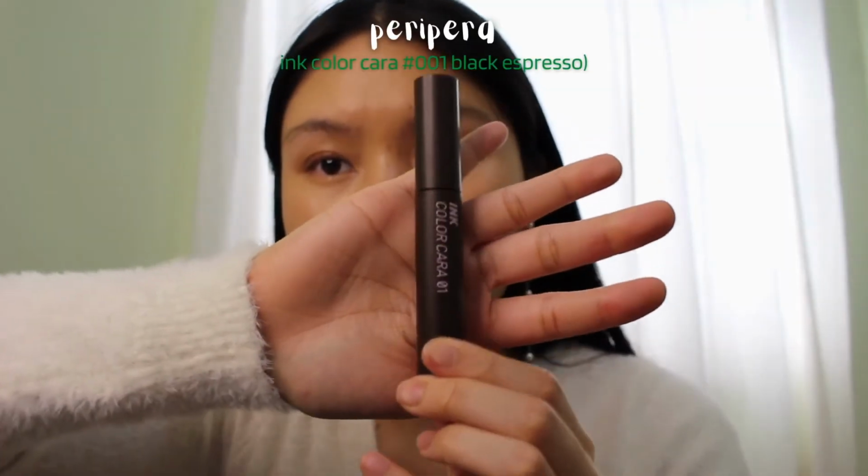And then taking this brown mascara from Peripera, I'm just going to lightly apply it only on the top lashes, not the bottom. Because I feel like when you apply mascara to the bottom lashes, it can get a bit spidery and it will start looking a bit more pronounced and unnatural. I feel like brown mascara is a lot more natural looking and